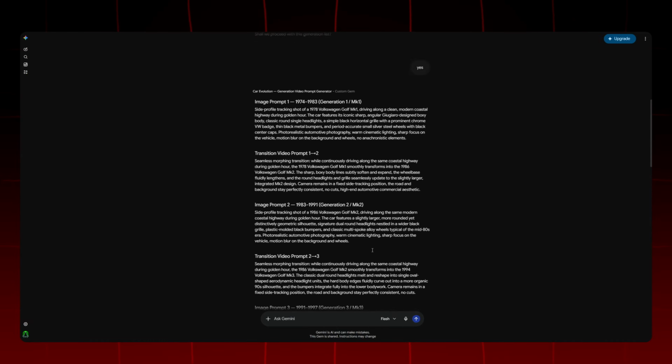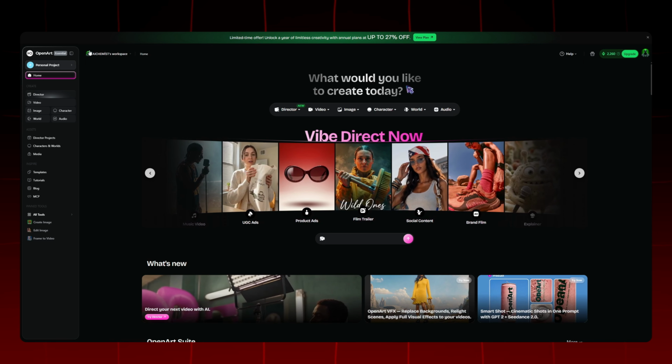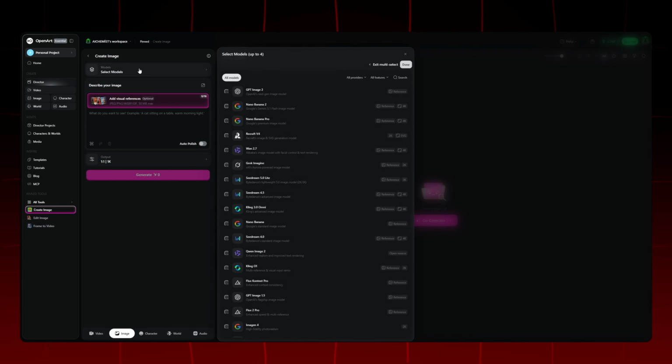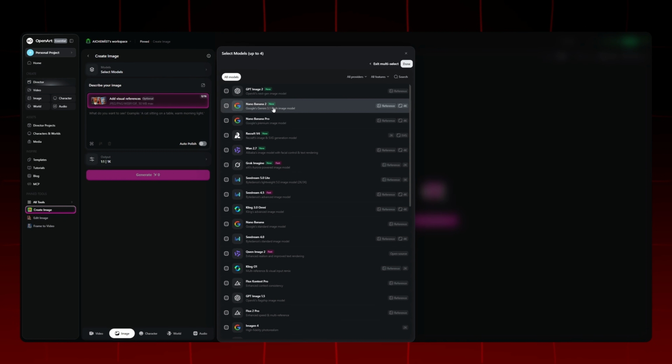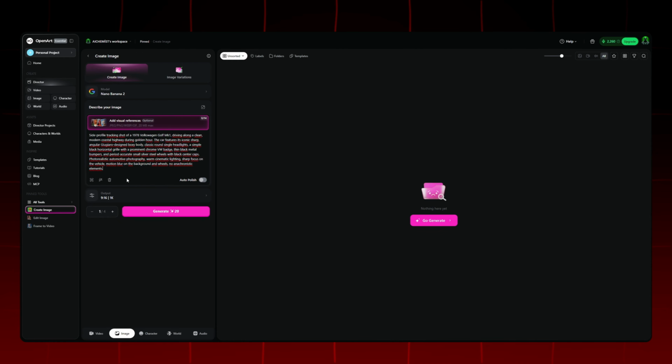After Gemini gives us our prompts, we first copy our first image prompt and go to the OpenArt website. We select the Create Image tool in the side menu and first select our image production model as Nano Banana 2 to get a fast and high-quality result. Then paste the prompt we copied into the prompt section right below. Finally, we set our output settings to 9:16 vertical format and 1K resolution and click the Generate button to create